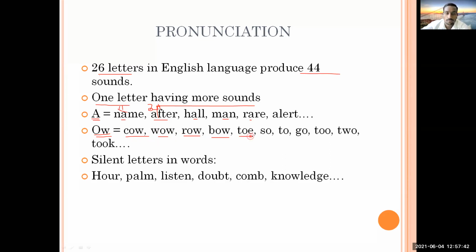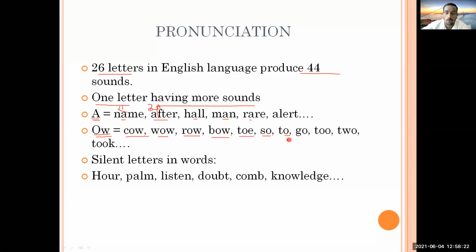This is now the O sound. But here you are getting OW as the O sound, bow or row. OW you are getting as O, but now it is not OW, now it is OE. Even then, which sound are you getting? O. So it is not OE or OW alone that makes the O sound. Which sound are you getting here now? O sound here also. So even a single O can be an O sound. So it is not that O sound means only one spelling. So what will you call it?